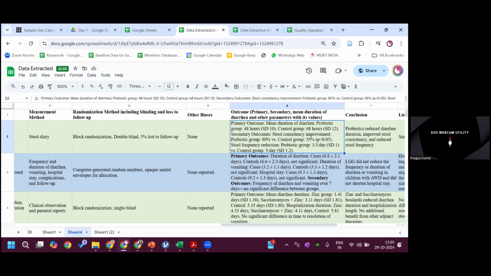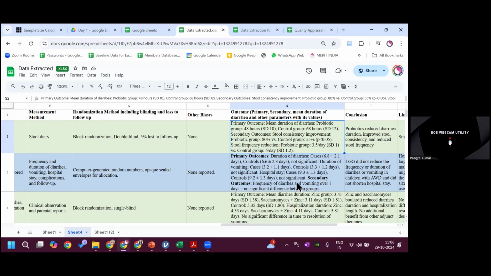Have you understood the activity? All the 22 people, maybe, and the rest of the people who have not submitted, you can also do it. You can pick any of the papers. Maybe only 22 people have written, so the rest of them can also submit the response of the data entry. It is basically three domains: there is a mean, there is a standard deviation, and there is an N. N is the total size in the control and intervention groups. Am I making myself clear to all of you?